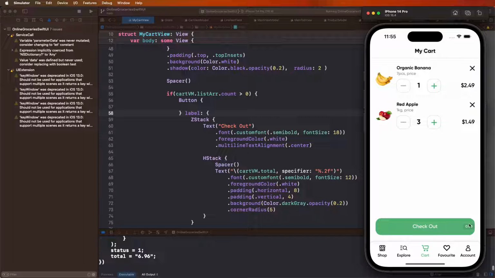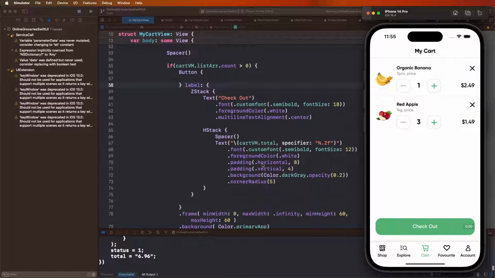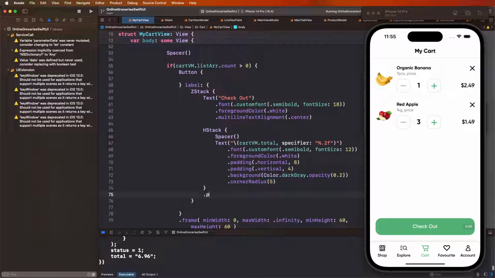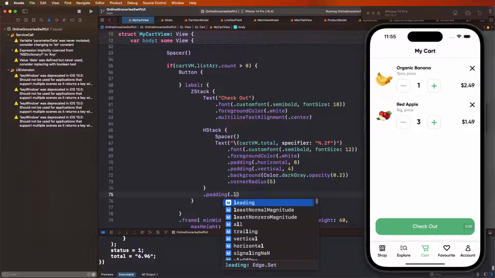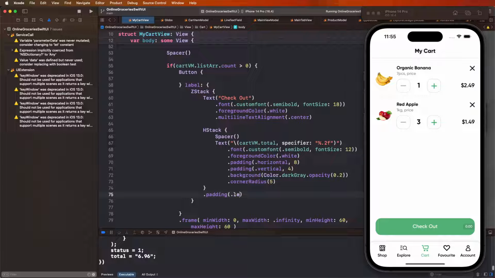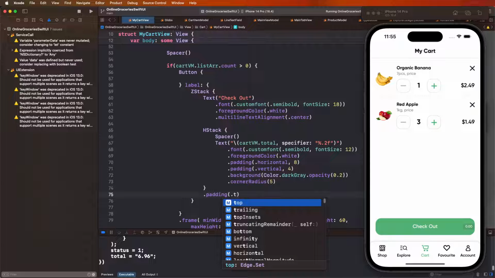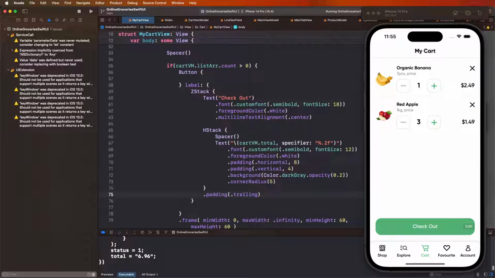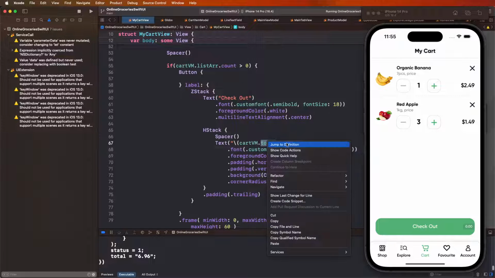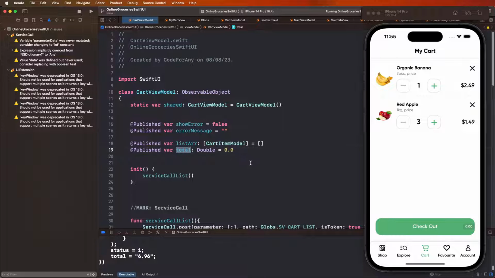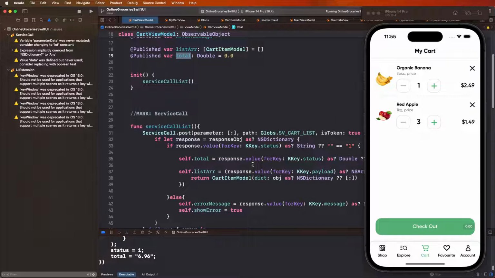Now need to, now need heading, not this one. Now need to